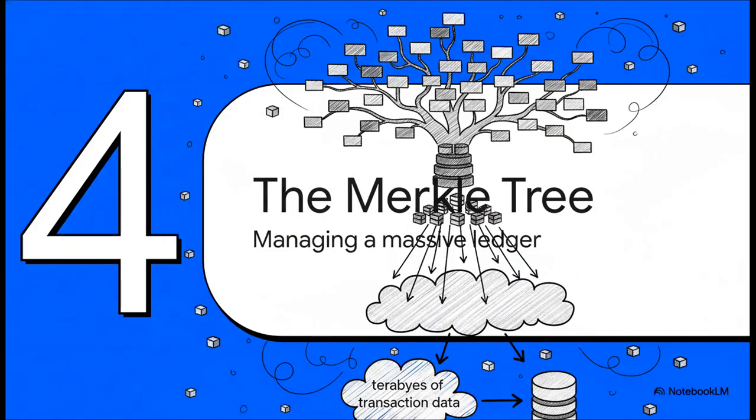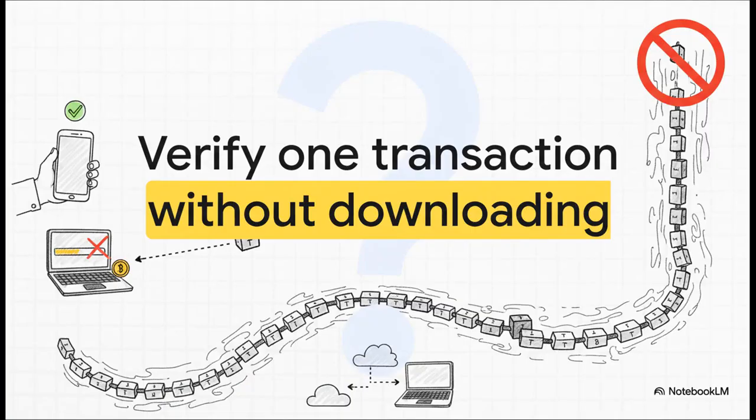Okay, so our chain of blocks is growing, and it's super secure. But now we have a new problem: data size. As this chain grows with every new block, it could become absolutely enormous. How does the system manage all this data without collapsing under its own weight? Yeah, I mean, think about this from a practical standpoint. If you had to download the entire history of every transaction ever made just to verify that you received a single payment, the system would be completely unusable, right? It would never work on your phone or your laptop.